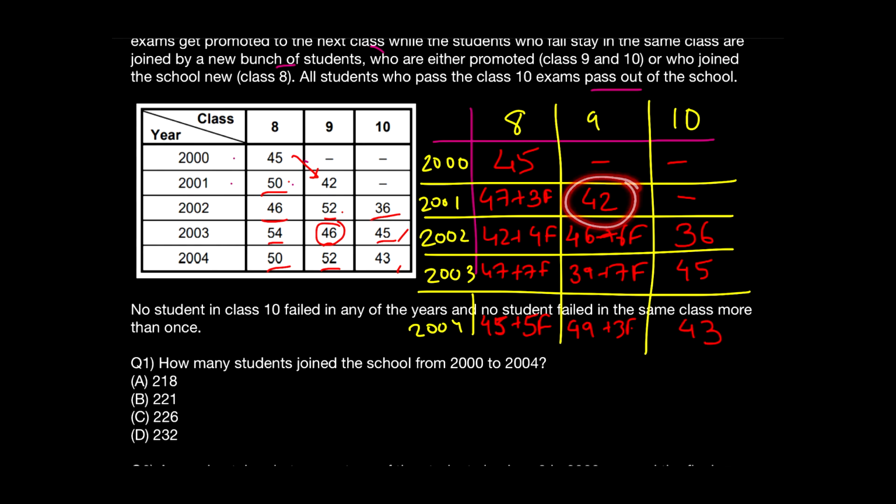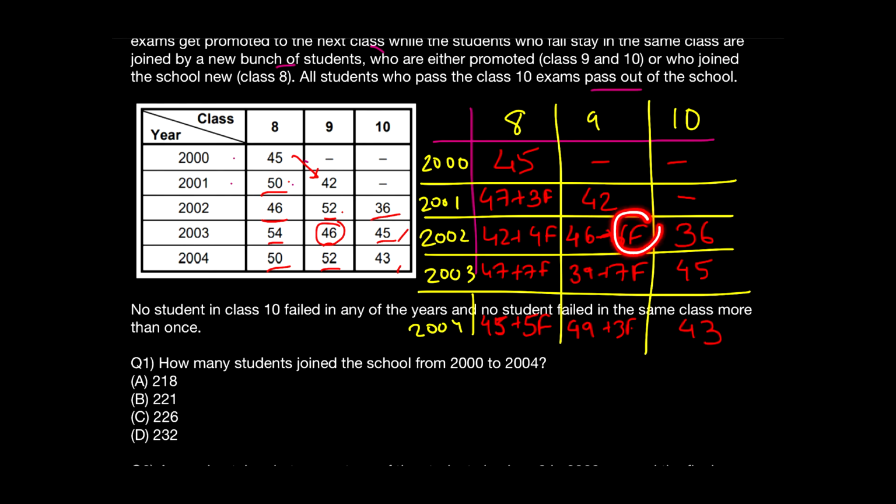So we started with 42, which is the number of students who got promoted to standard 9, and from the number 45, I understand that 3 people failed. So this till 2001 it's clear. Now in standard 10, 36 got promoted, so